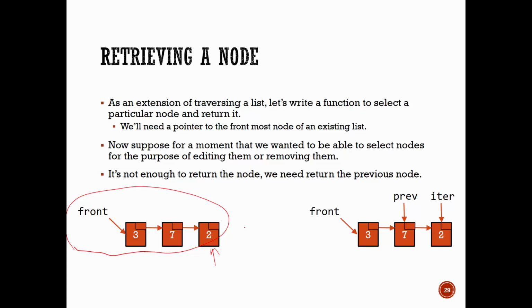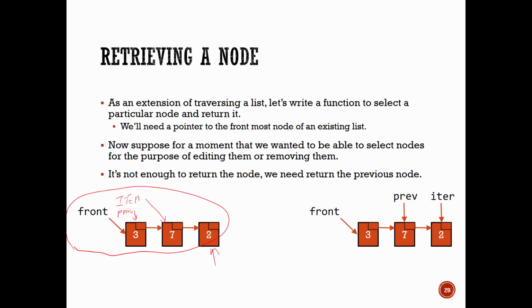So how do we solve this problem? The way to solve this problem is by introducing another pointer. Before, in traversal we had iter, and iter would know about a node, and it would just move along, going from one node to another. We're going to have a second variable as well called previous. Previous will be a second reference that moves with the first one. They're always going to be in step, one behind another.